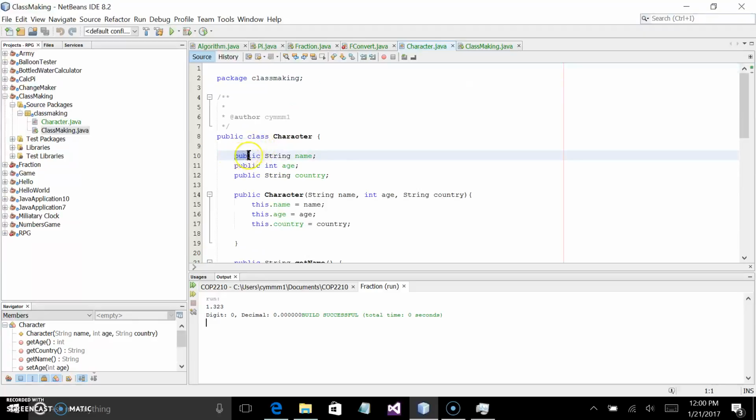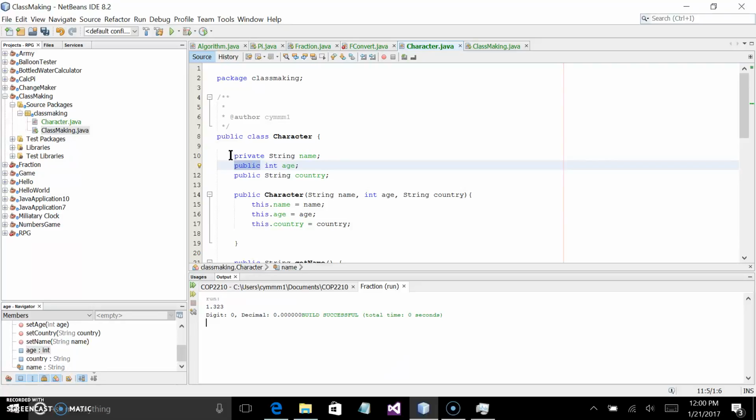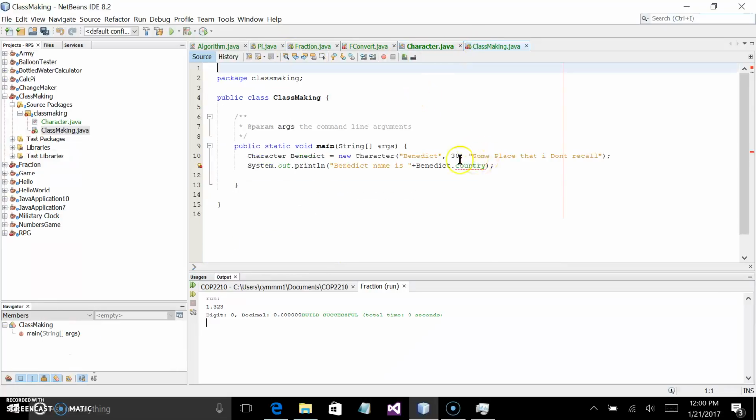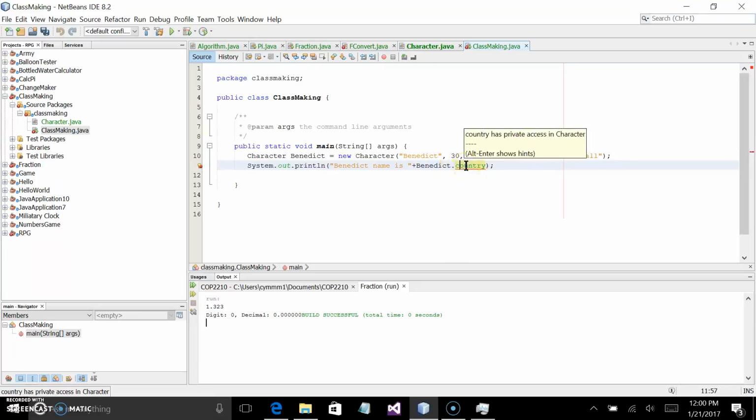So what would happen if I click private and then make this private and make that private? Now if I go to class making, watch, this gets an error, benedict.country, because country has private access in character. Now you might be wondering, why do we want to have a private? Why can't we just make it public? Well, the thing is that